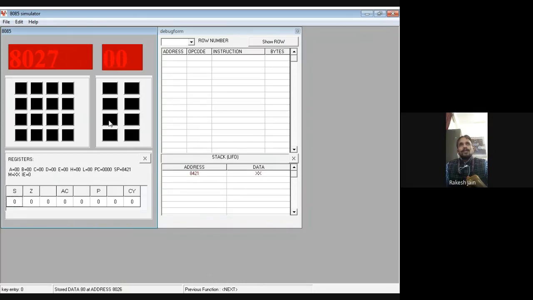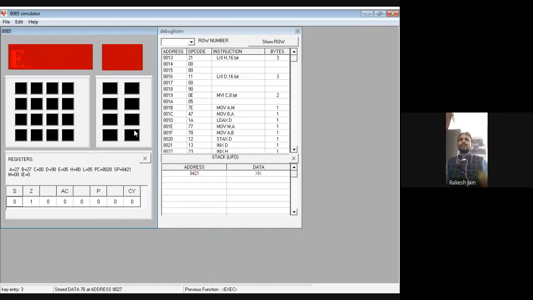1B and 80. 80 will be the memory location. Then next, after this, if everything is fine, then definitely it will run. So we first write down reset 8013. When we type execute, then it will automatically stop.